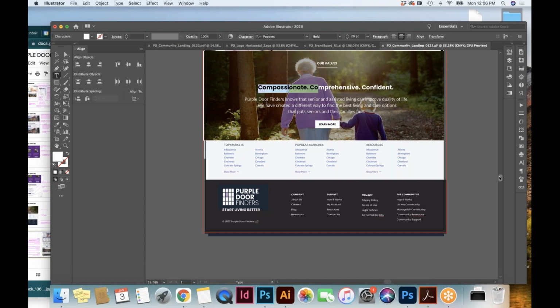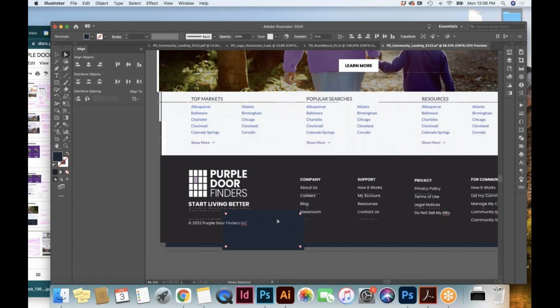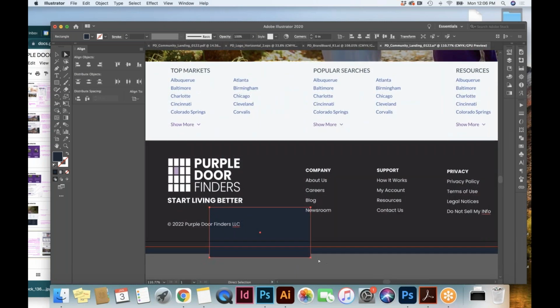Currently the background of the footer is like a navy bluish color. I think actually you can see it behind this. That's the color it is now. Do you see the difference, that this is blue and that's gray? Can you see on my screen? Yeah. I don't know if you can tell the difference in the colors on your screen. I can see it on mine. So this is the color that the footer is currently.